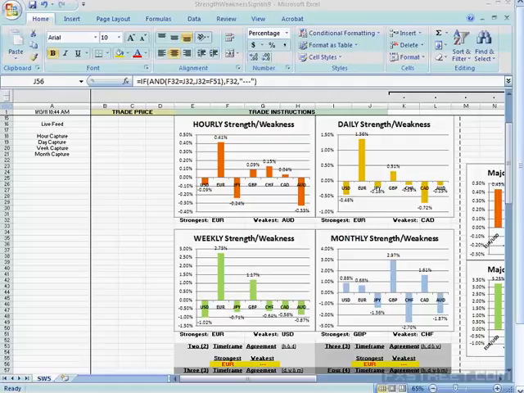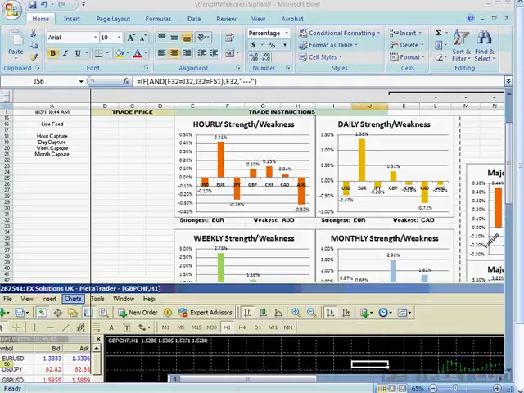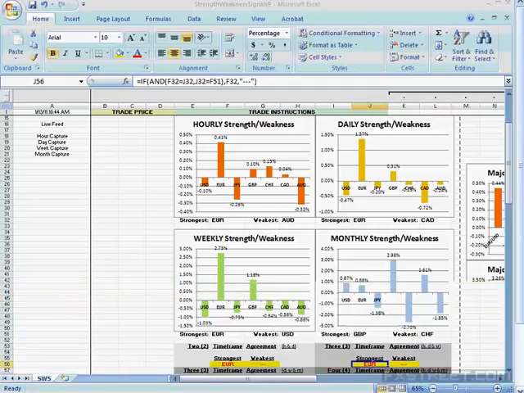Where do we find this in MT4? Okay, Stevie, you don't find this in MT4. You could get an MT4 from any broker for free. You would just get a demo of it, and then all you have to do, and I have MT4 open here, is simply get MT4 running, and then go to Tools, Options, in order to get the data feed. Once you're at Tools and Options, you enable the DDE server, and that'll give you the dynamic data feed that will enable this type of automatic assessment of strength and weakness.